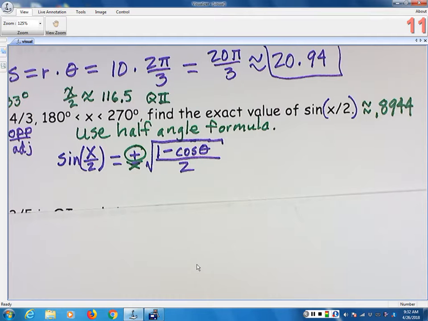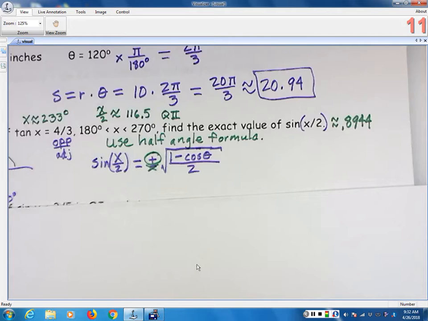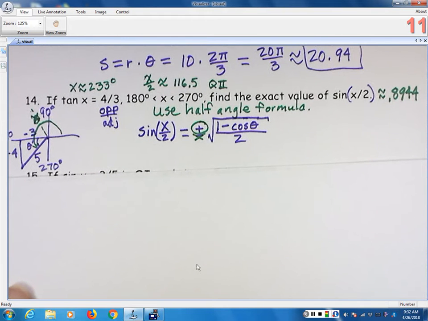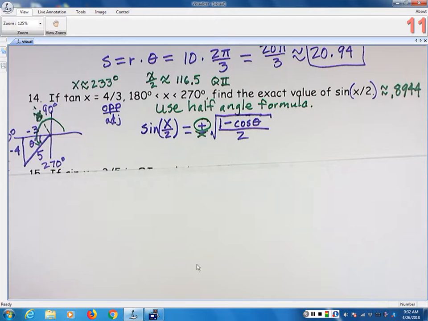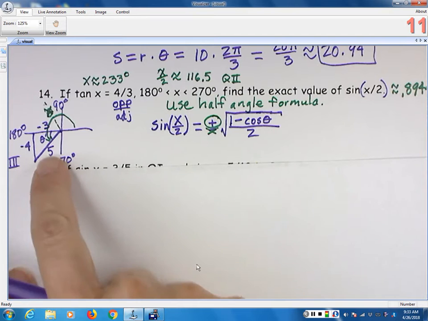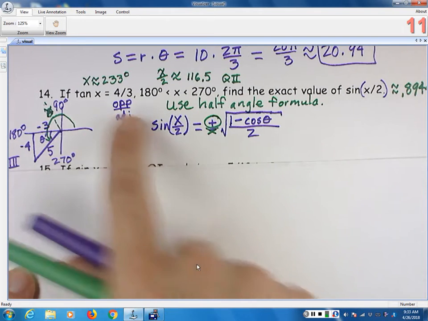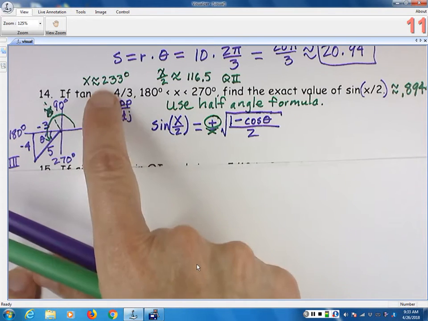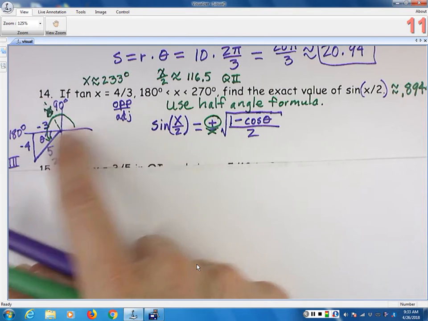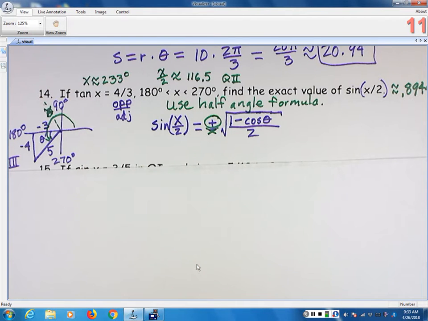So you see what I did? This is how I make sure that my keys are right, especially on some of those tests we did. Finding beta and alpha plus beta and all that, I found the approximate values, added them together to see if I got the right answer to check my work. So you can do this to check your work, but you've got to draw it in the right quadrant, because x is not the, I had to add 180 to it, it's 233. Okay, and now